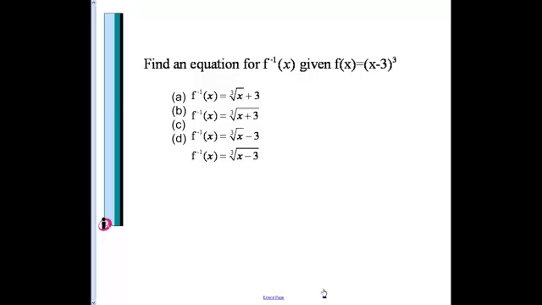And here we want to find the inverse function, so we substitute y in place of f of x, then we interchange x and y, and then we solve for y. So we actually take the